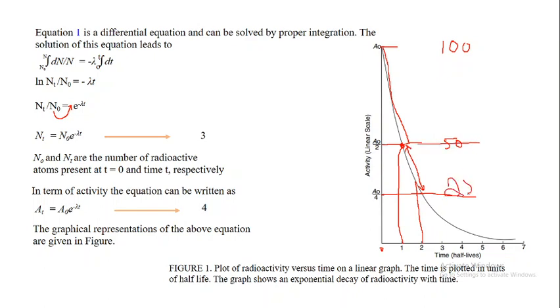Only 25, because here there are 25. From here to here 25 radionuclides have been disintegrated, but from this point to this point how many radionuclides were disintegrated? 50. So let's consider 50 radiations were emitted, because 50 radionuclides were disintegrated in the first half-life. In the second half-life, from here to here, another 25 radionuclides were disintegrated, and 25 radiations